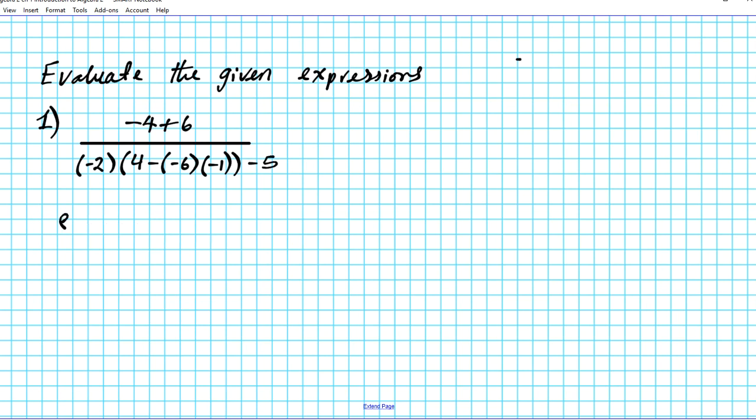Okay, so let's go ahead and evaluate this arithmetic expression. We have -4 plus 6 on the top, divided by, on the bottom, -2 times (4 minus -6 times -1)